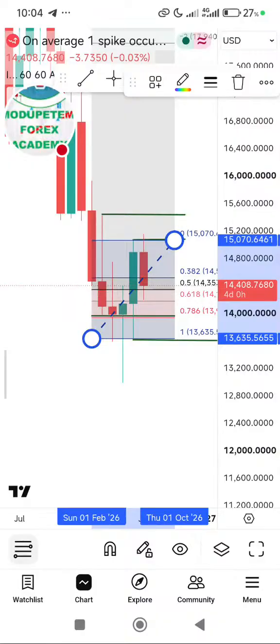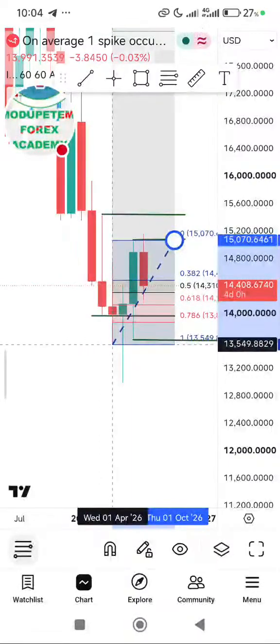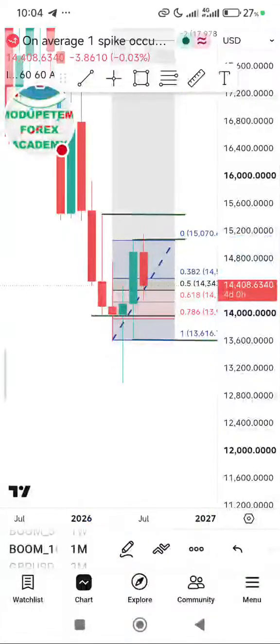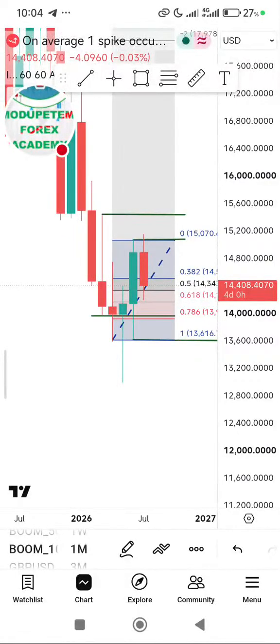So I know that possibly this current weekly candle will be closing bearish, but it's still going to close inside the range of the previous candle. If it closes inside the range of the previous candle, that is telling me we are still bullish. So since I know we are still bullish on that level, I expect them to come down.